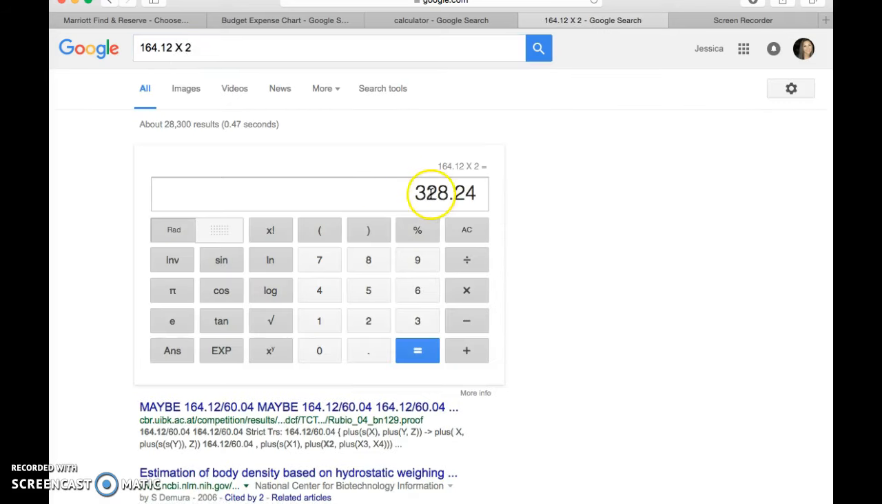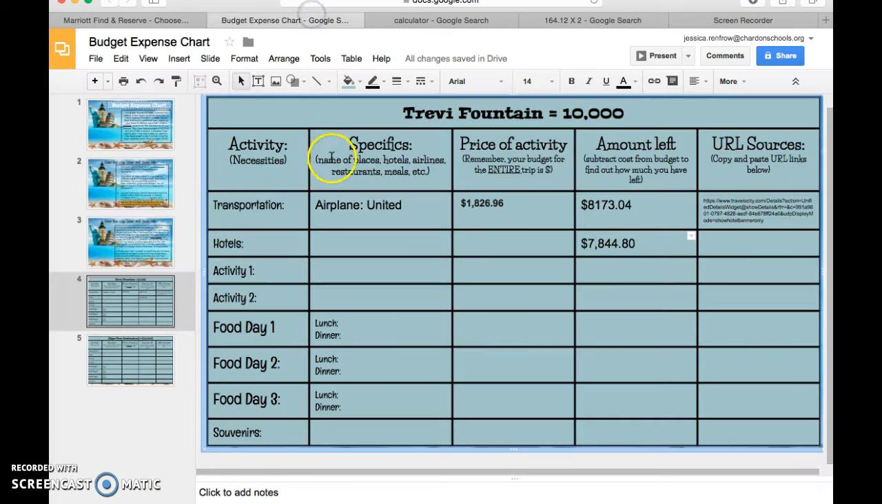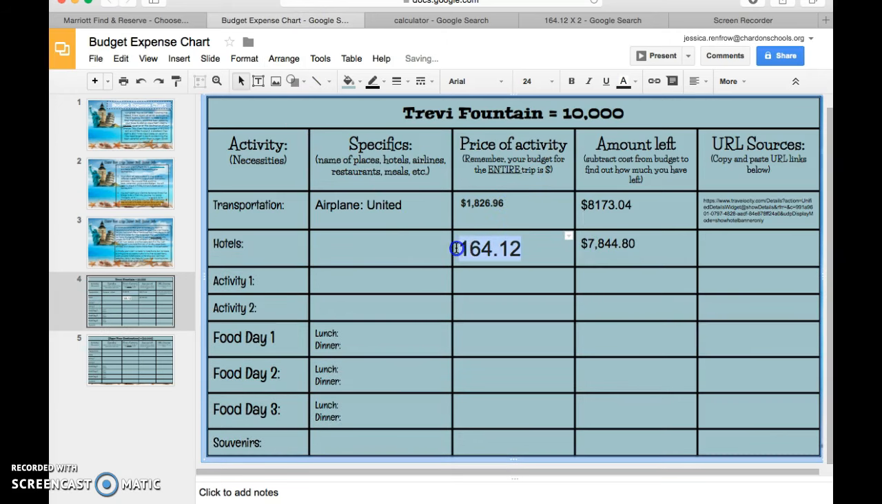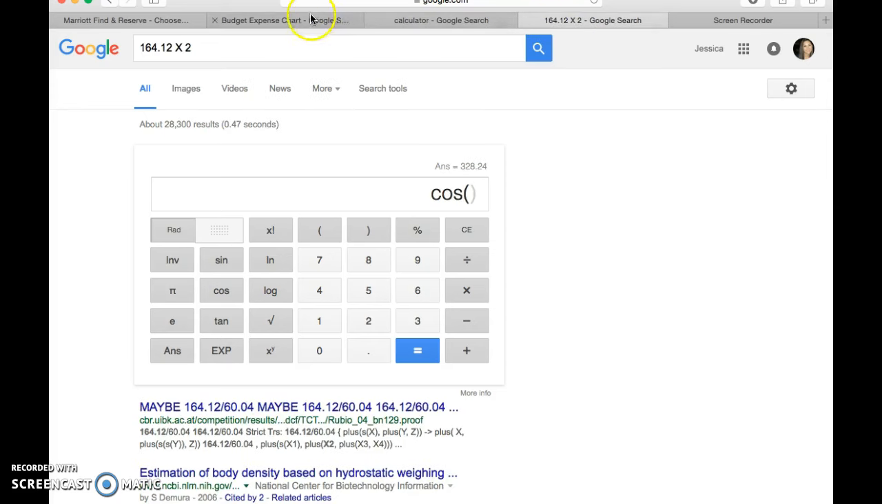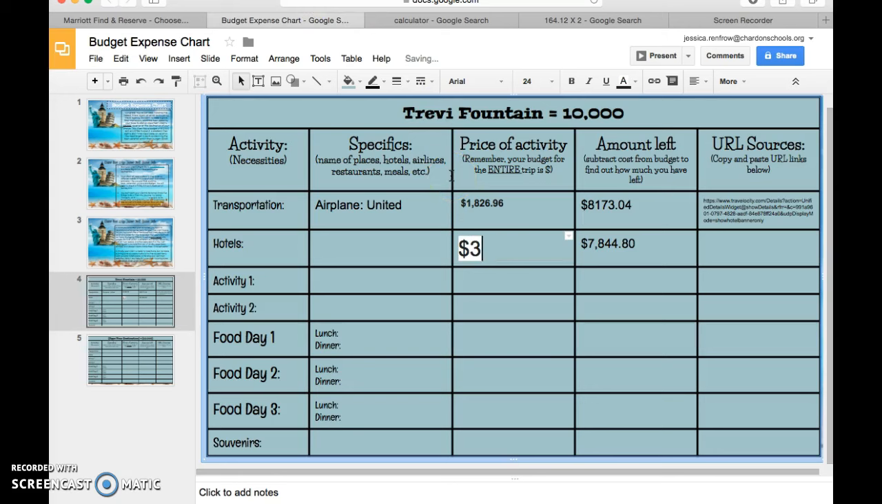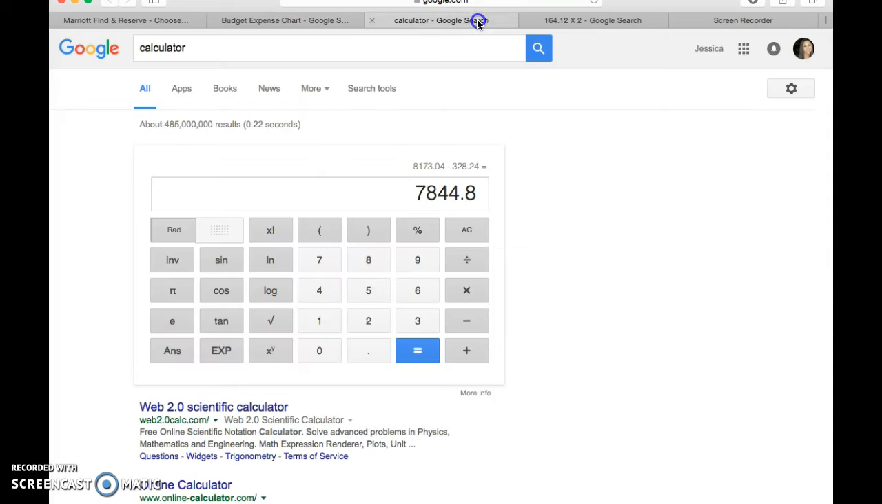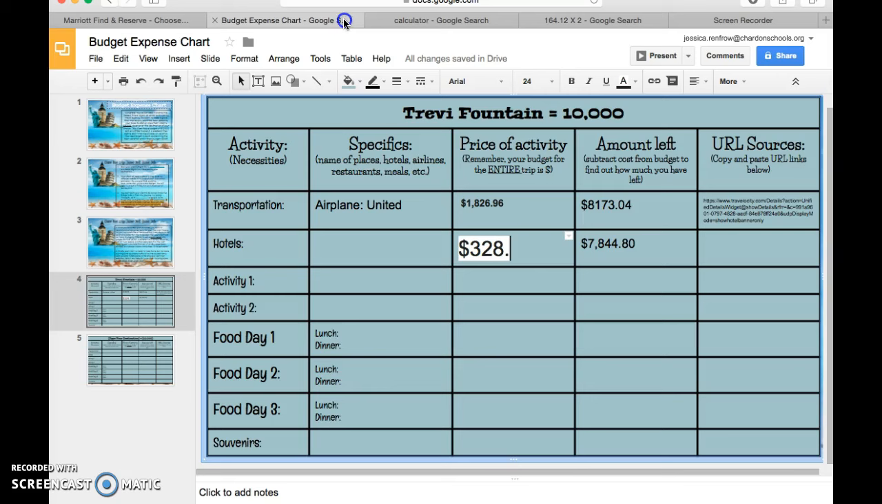And I'm simply going to go ahead and paste and literally just do times 2. Which gives me $328.24. So I'm going to copy that, and that's going to be the total price. Oops, I lost it. Oh no, it was 328, and my cents was 24. Okay, so that's how much it costs for my two night